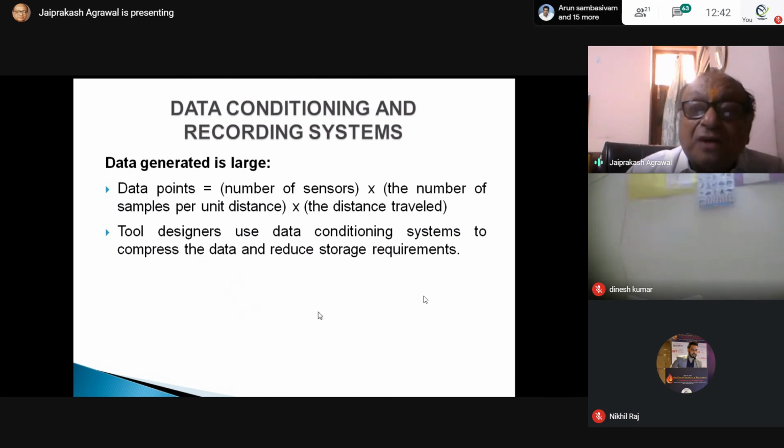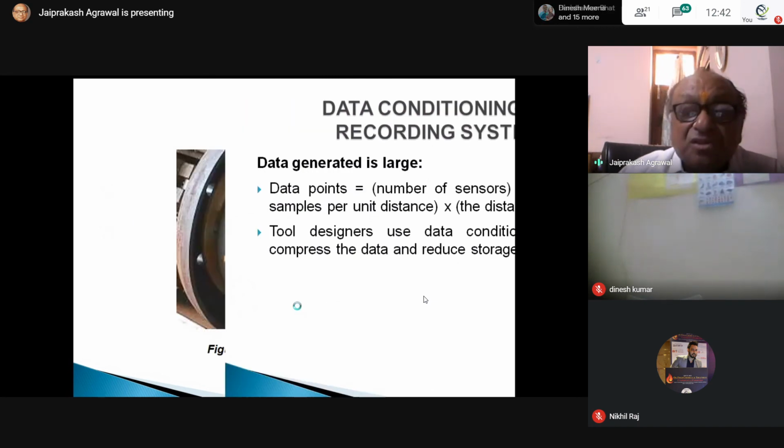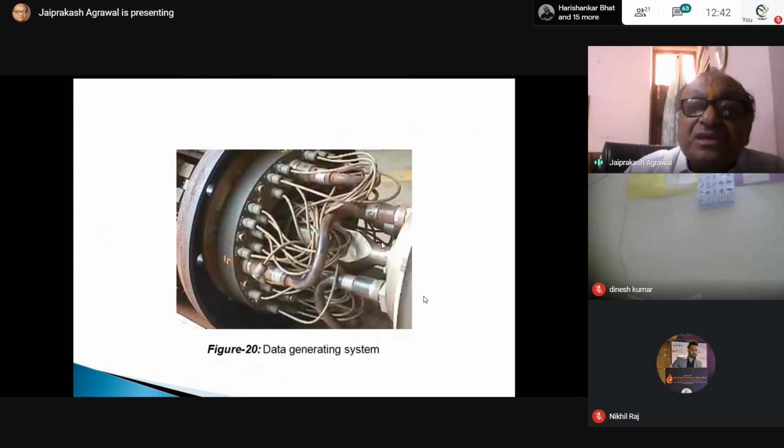This is all part of the inline inspection pigging system. This is the data generating system. You see, magnet poles are there, and all the sensors are there, and through the sensors everything is converted into digital signals and goes into storage. So this is the data generating system.